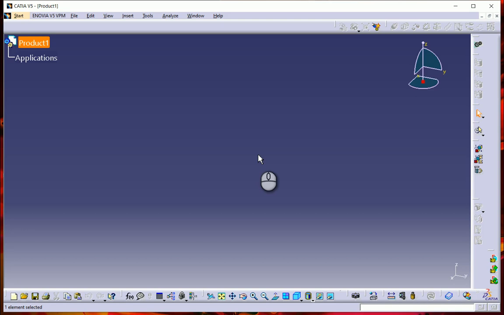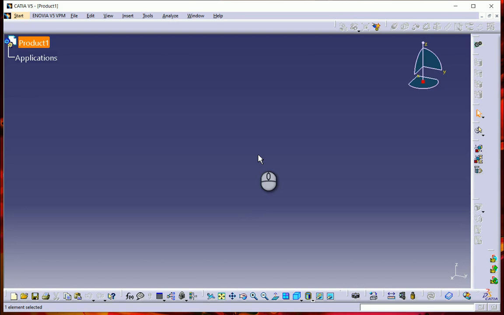A very good morning to all, and in today's session we'll have an introductory lecture about CATIA. We'll learn what CATIA is and what the different workbenches in CATIA are. It's a very basic and introductory part, and let's start with it. So as you are all aware, the software that we'll be learning is CATIA, and the full form